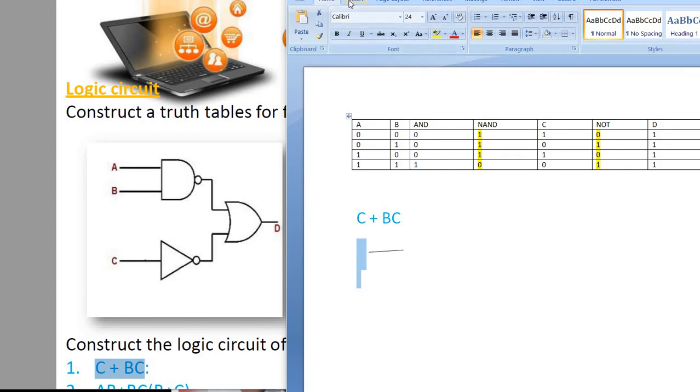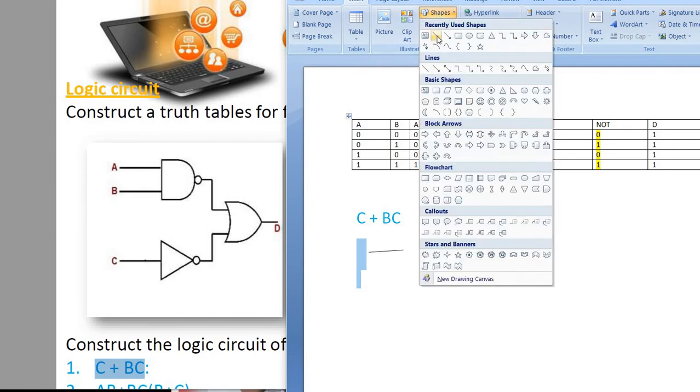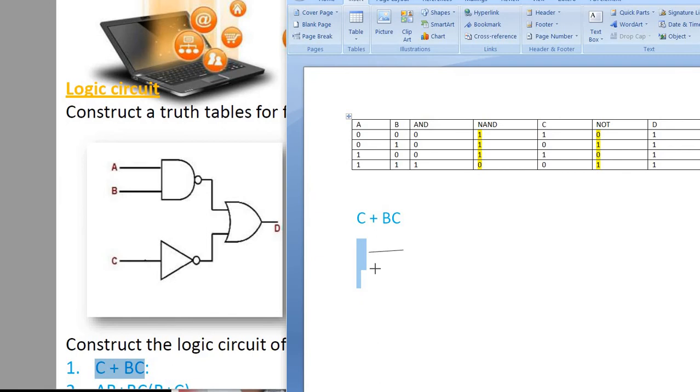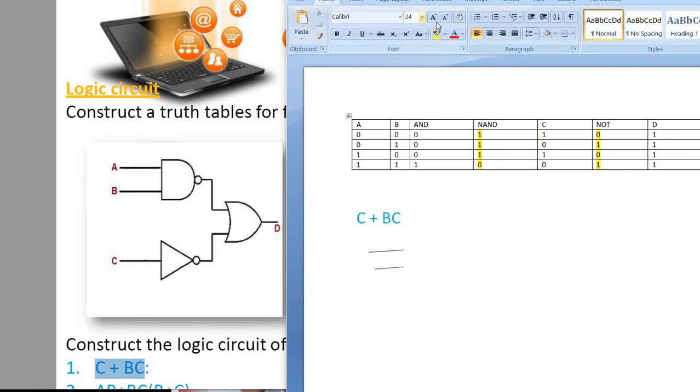Insert again one more line like this. Well, we can do it in Paint also. Okay, now instead of that, I will take some shape.